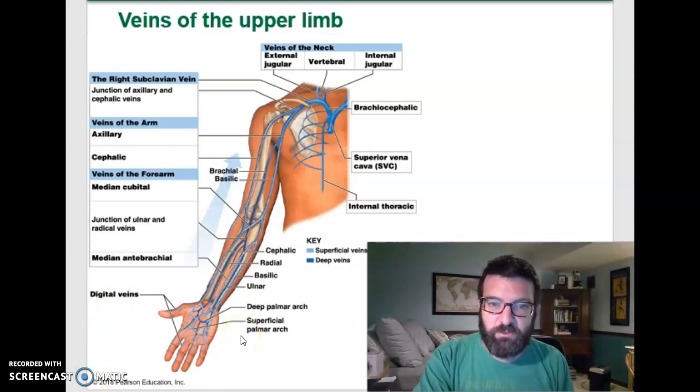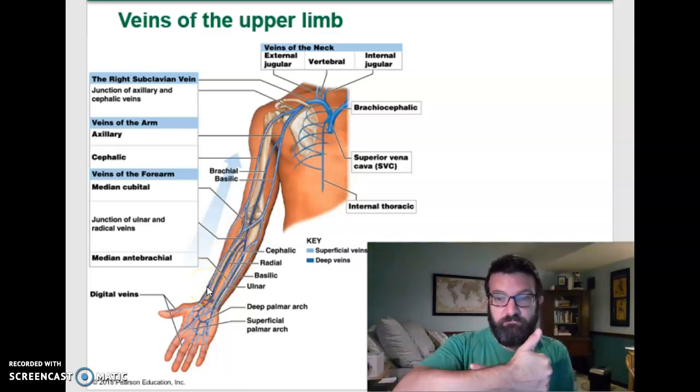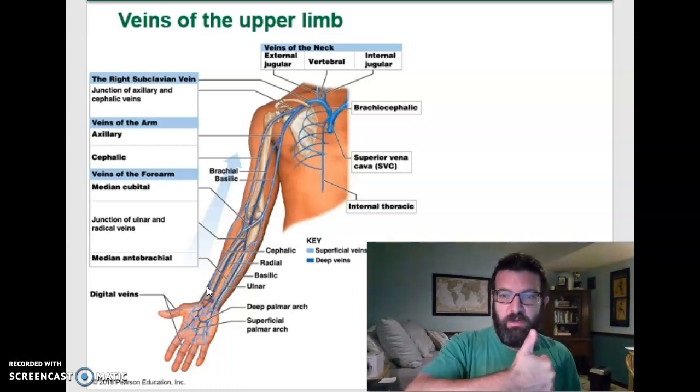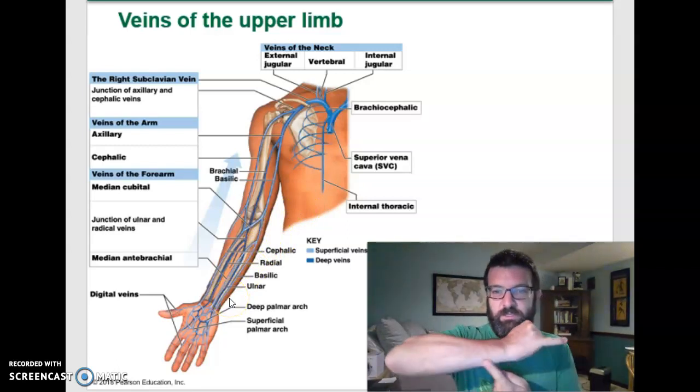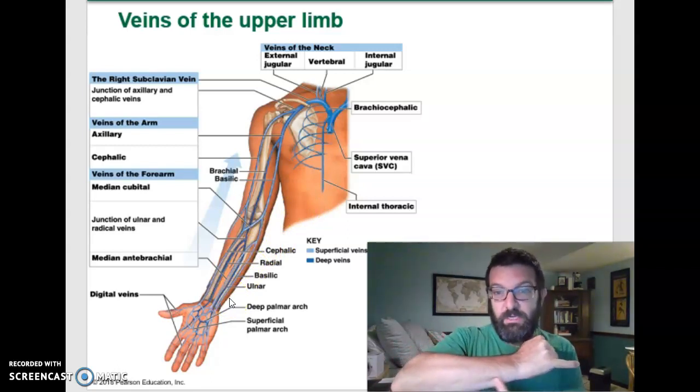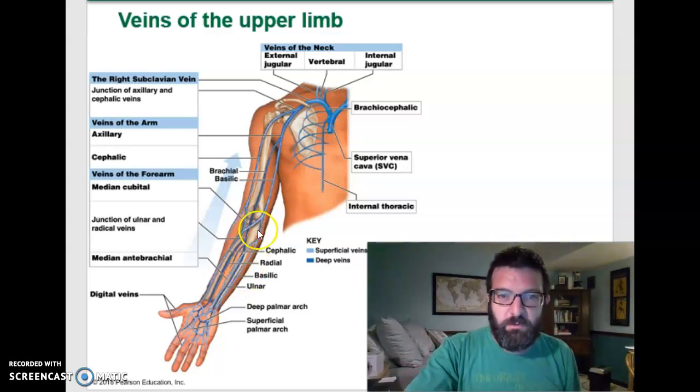As far as superficial veins go, you have a cephalic vein, this light blue one here, which is on your thumb side, but more superficial. And when you're doing this, you're not only saying rad, you're pointing up to your head, cephalic, right? And then on the bottom here, by your pinky side, is your basilic, right? And that's on the base, the bottom there. And those come up here, right? Your basilic goes all the way up the side here. Your cephalic goes all the way up this side here. But they're connected by the median cubital vein. And this is an important one,